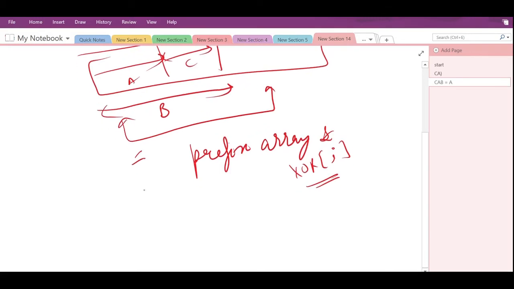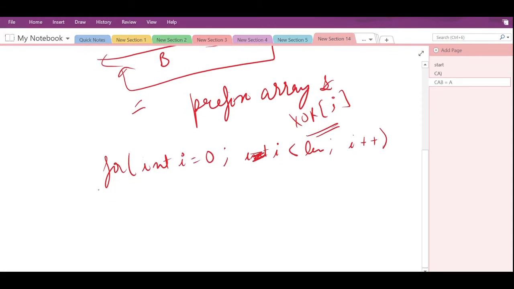So now what we'll do is start traversing the array, for i less than length, i plus plus. The first thing we'll do is a temporary XOR, which is equal to array of i.